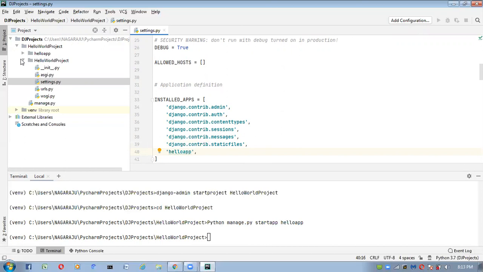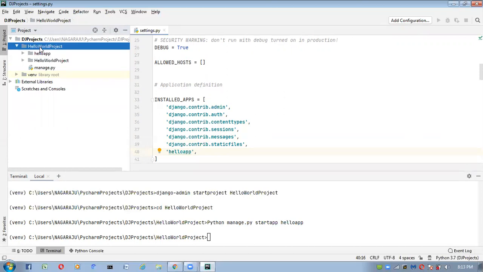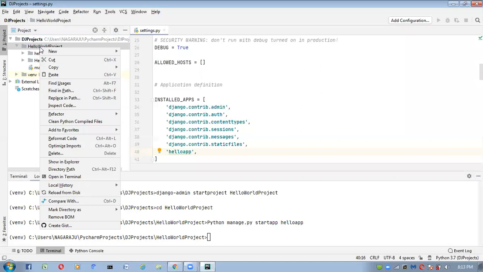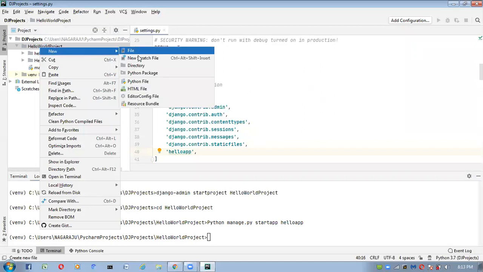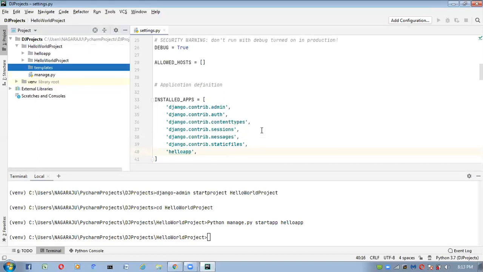Now I want to add templates. How to add templates? At the main project level, inside this main project, hello world project, we have to create one folder with the name templates. Click on new, go to directory, give the name templates. The templates folder got created.